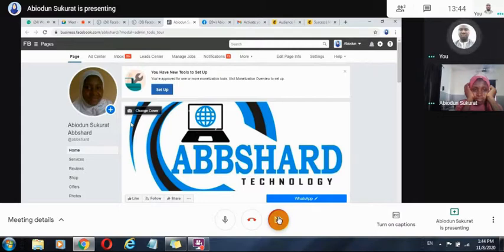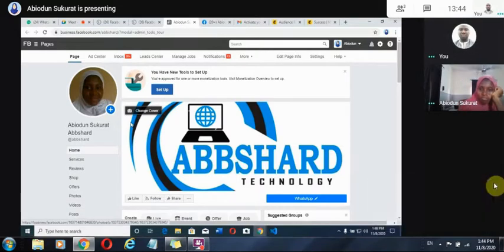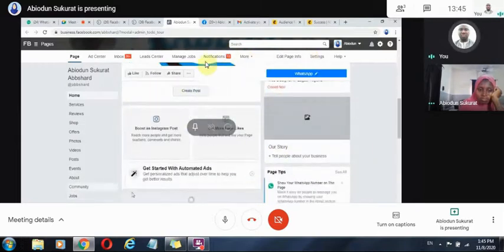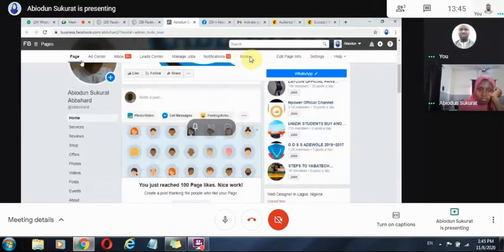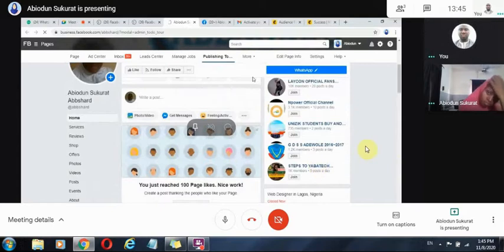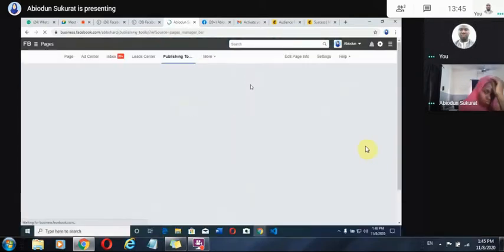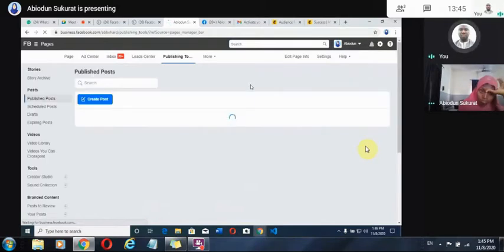So the interesting aspect of all this is that Facebook is on its own, Mailchimp is on its own, and previously we've been able to connect our Facebook with WhatsApp Business. Now we want to connect our Facebook with Mailchimp, which is an email solution. So now you click on publishing tool under more, and under publishing tool you just need to